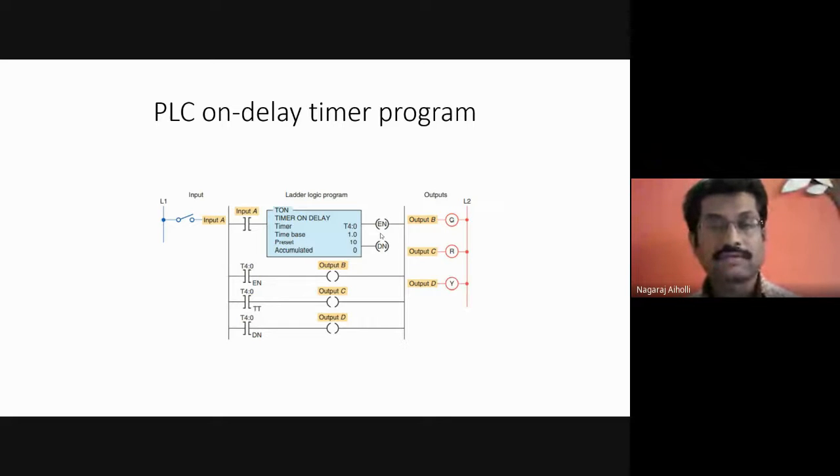Yes, it will go to off state once the switch is opened. The continuity is lost and the rung becomes false. Once the rung condition becomes false, the timer instruction goes to off state. This means the accumulated value will become 0. So this is a starting value always; the accumulated value always starts from 0 in timer instructions. It will go back to 0 until the switch is pressed again. Once the switch is pressed again, only then will the accumulated value start to increase.